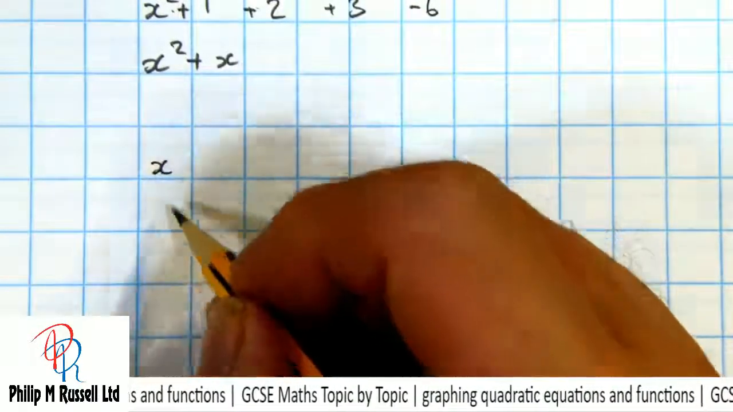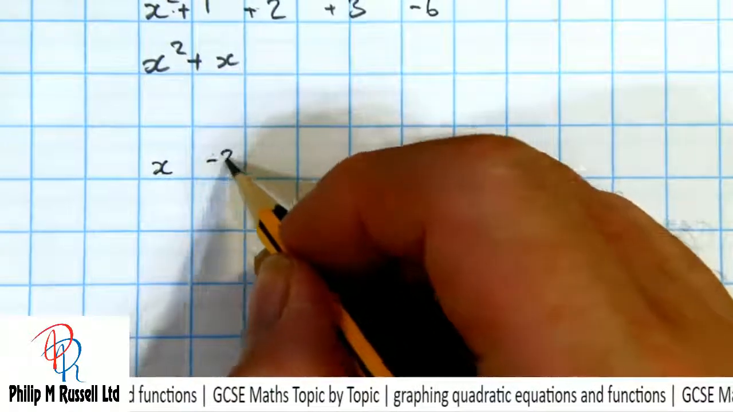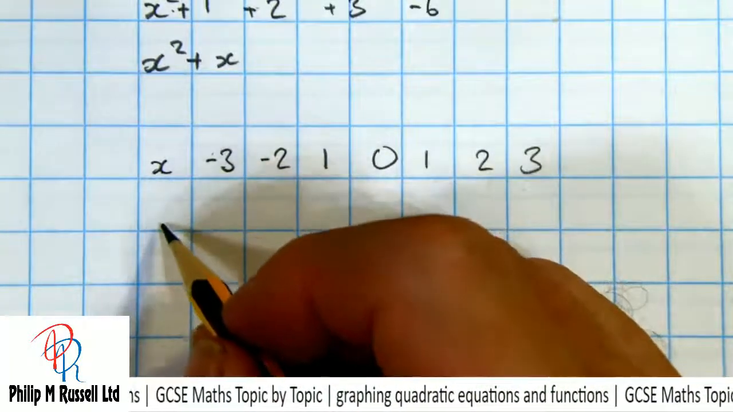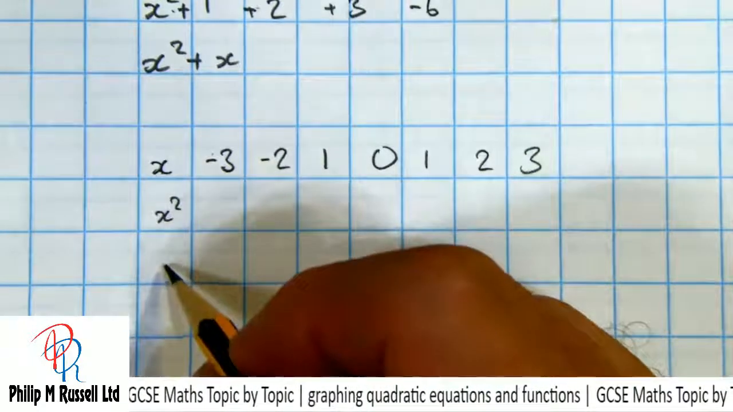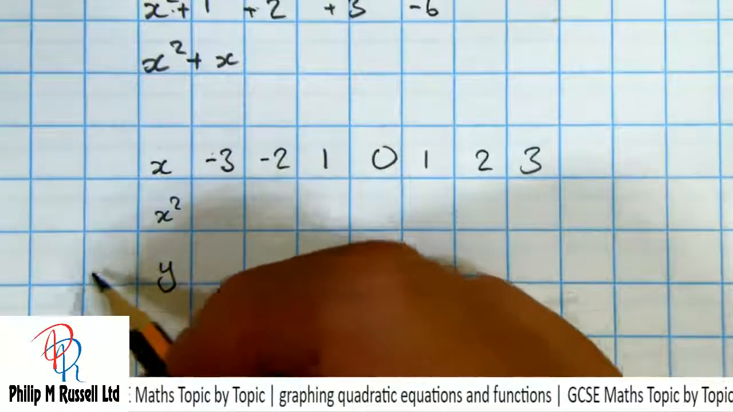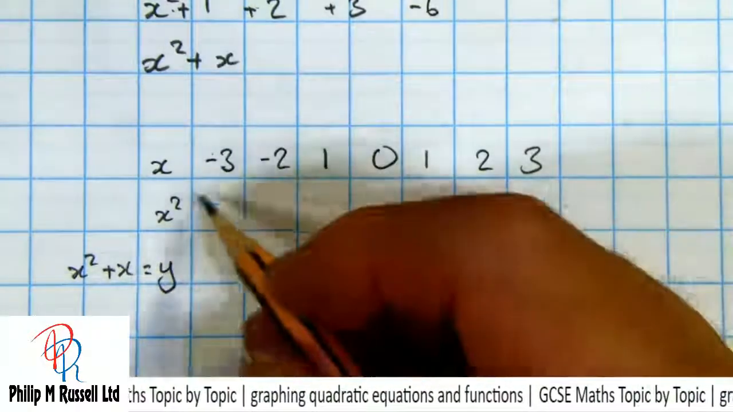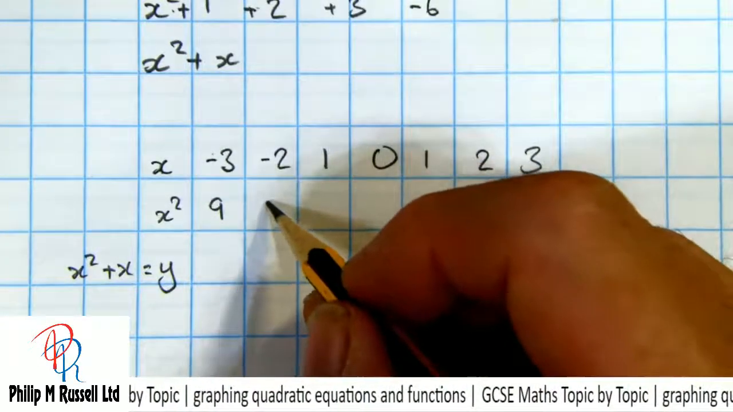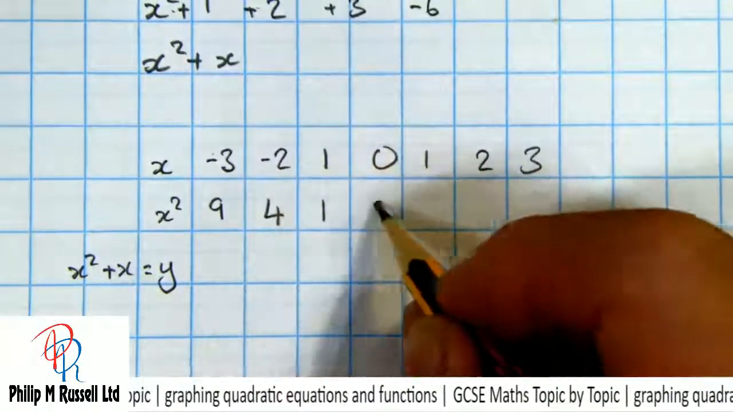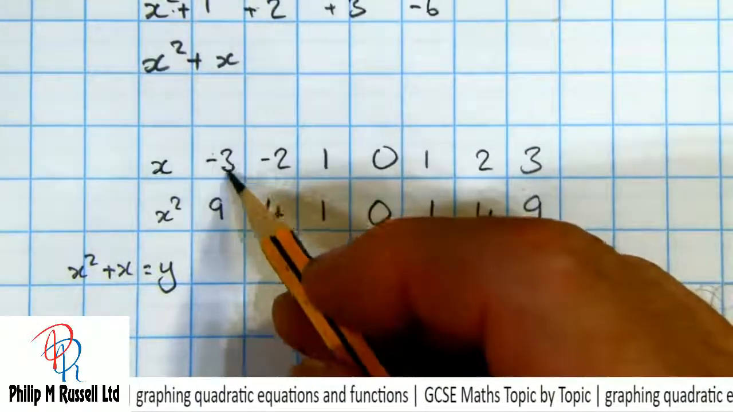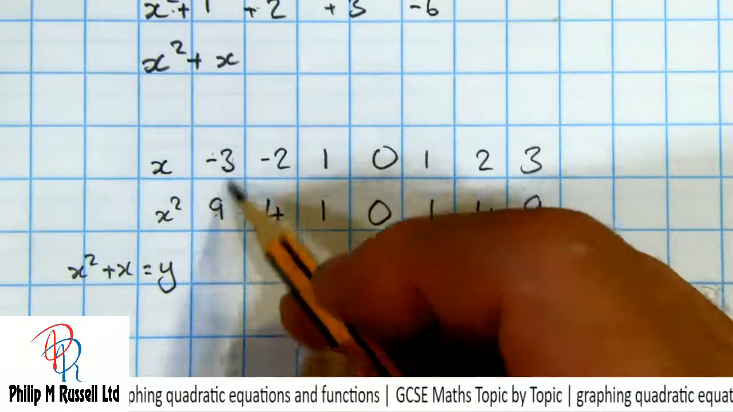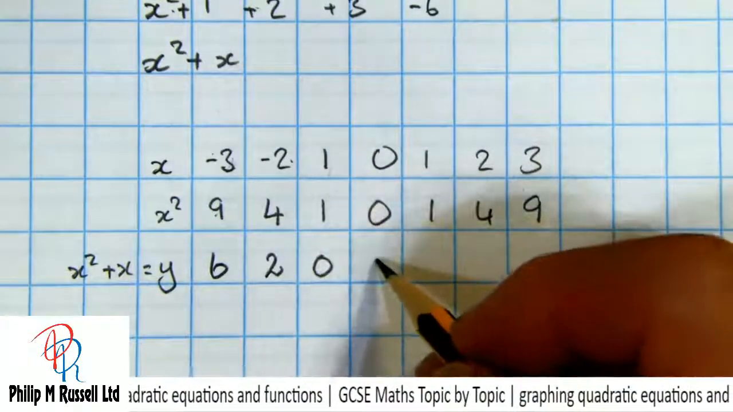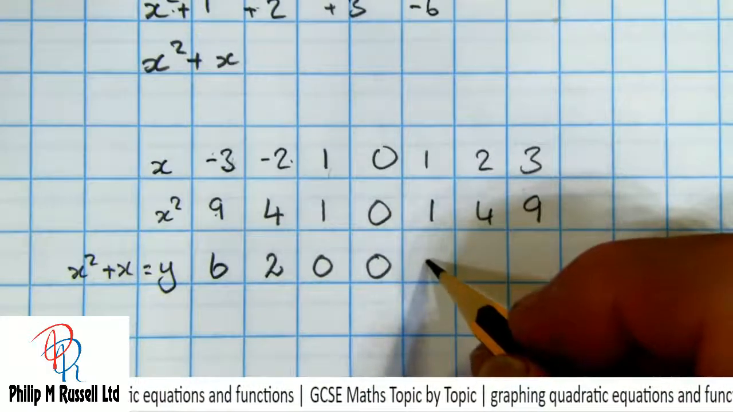So I've got my table, I've got x, and we'll do from -3 again to +3. So I've got my x, we can work out what my x squared is, and then I can work out what my y value is. That's going to be x squared plus x. So here, -3 times -3 is 9, 2 2's are 4, -2 times -2 is also 4, 1, 0, 1, 4, 9, and let's now add on this value. So we've got 9 minus 3 is 6, 4 minus 2 is 2, 1 minus 1 is 0, nothing minus nothing is nothing,